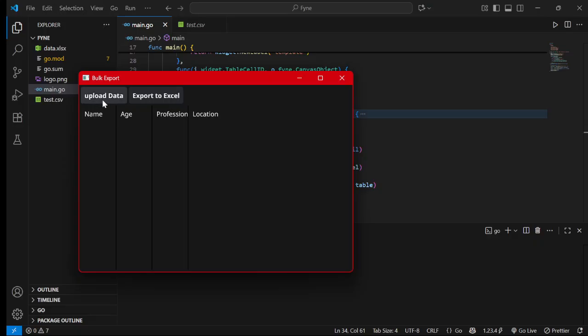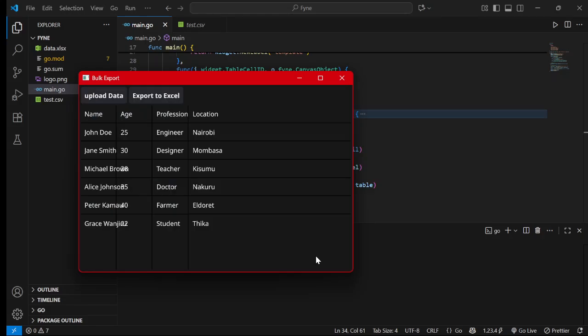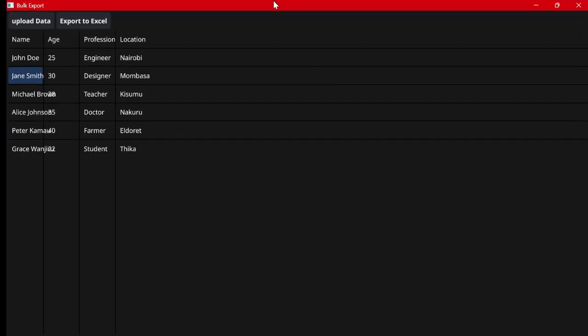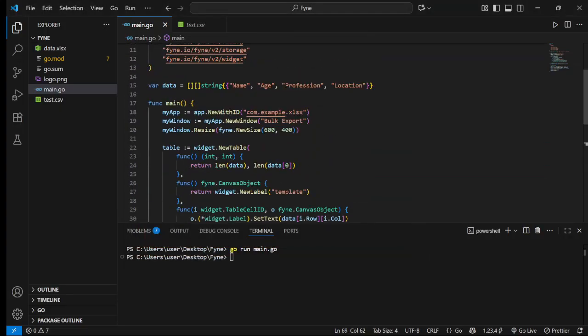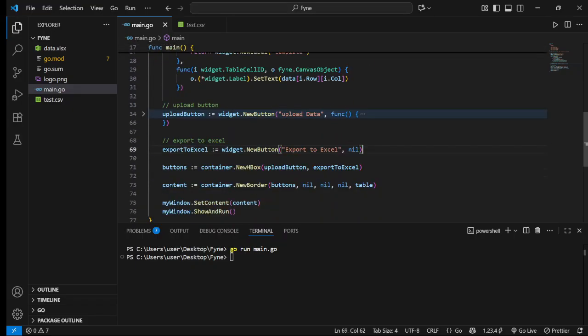It's a very simple application with two buttons. We have the upload data and export to Excel. So you can just click on upload, then you can open the Excel file and it's going to be displayed here. And then we have the export to Excel function. Okay, so in our case, we are going to display it right now. So basically, we're going to